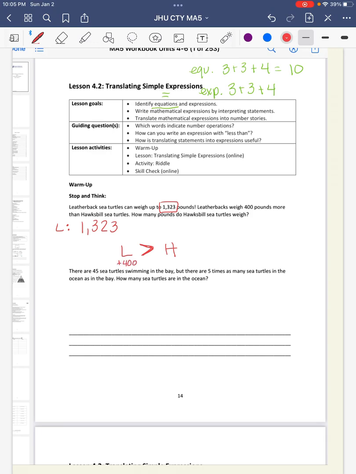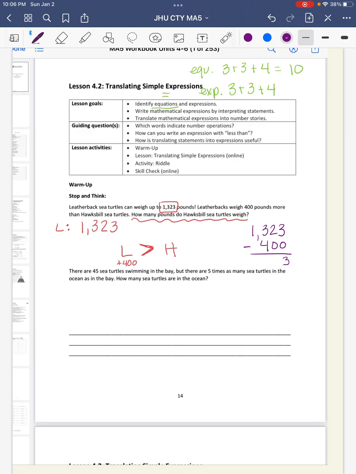So how are we going to find out how much the hawksbill sea turtles weigh? That's what our question wants to know. I'm going to squiggle underneath it. We want to know how much does a hawksbill sea turtle weigh? Well, we know how much the leatherback weighs, and we know that they're 400 more pounds than the hawksbill. So we're going to have to do some backwards thinking to figure out how much the hawksbill weighs. And what we're going to do here is we can just take our 1,323 and we can subtract our 400. Okay, this is a skill we learned in Unit 1, just